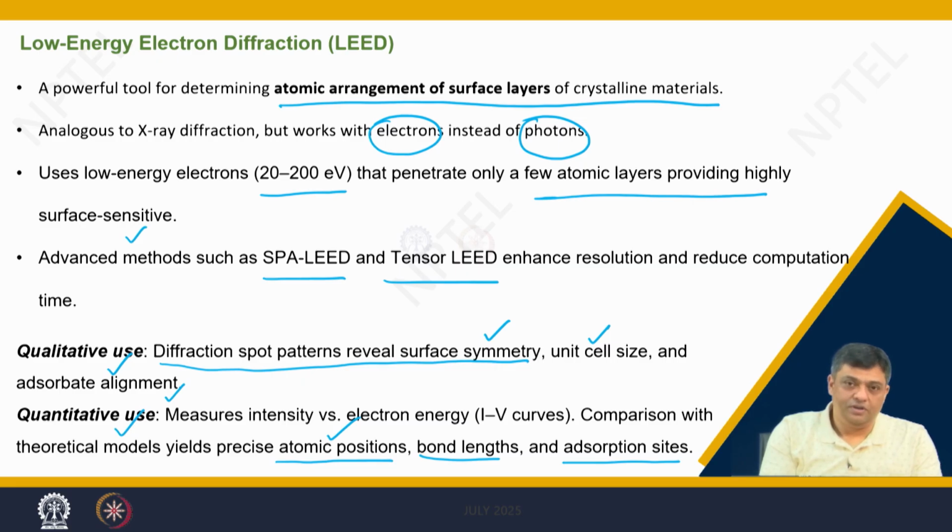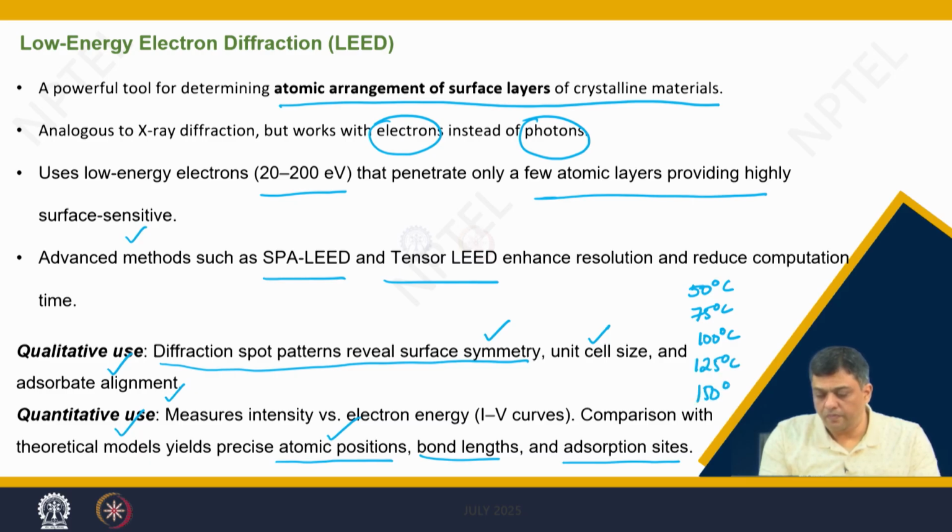For example, you prepare samples at, let us say, 5 different temperatures starting from 50 degrees C, and you go on preparing the samples at an interval of 25 degrees. Now, as we know, when you increase the temperature,